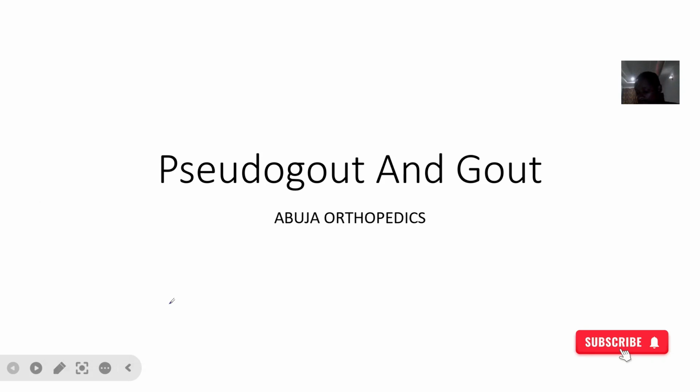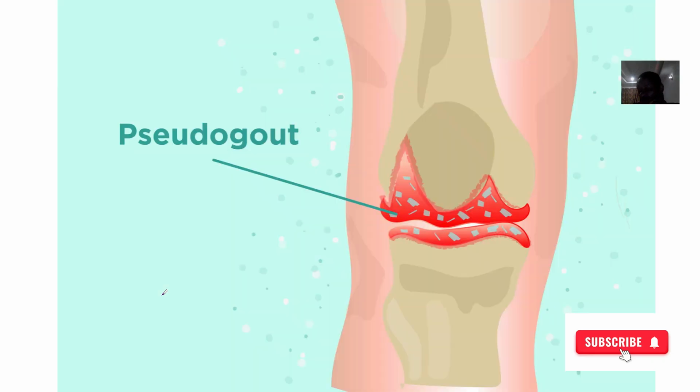So we'll talk about the differences between two different conditions, right? That's inflammatory conditions, joint conditions. So this is pseudogout and the gout itself. Okay. So for me, if you say I should differentiate between pseudogout and gout, I'll just say pseudogout is simply